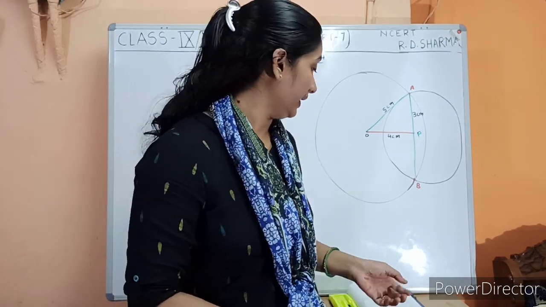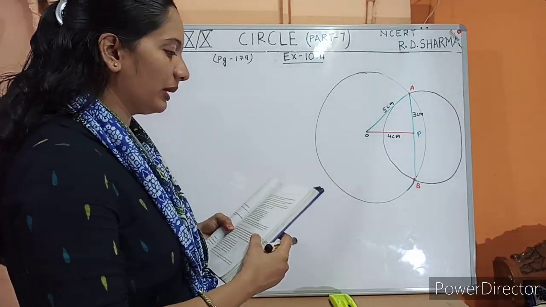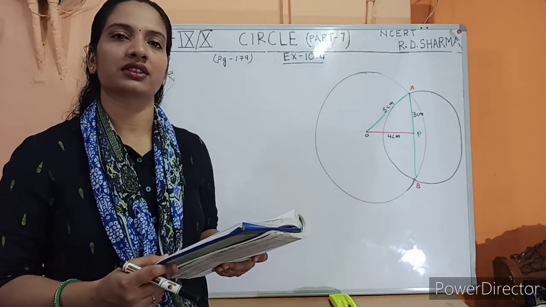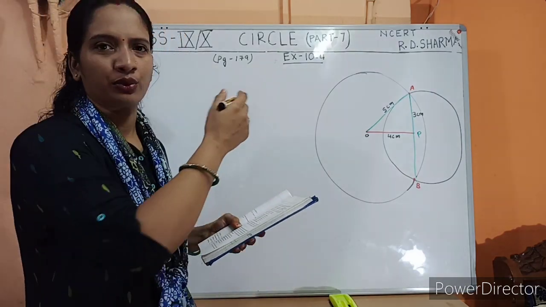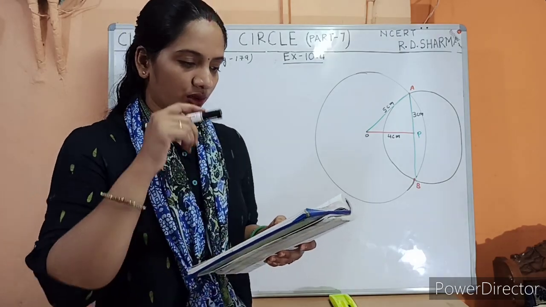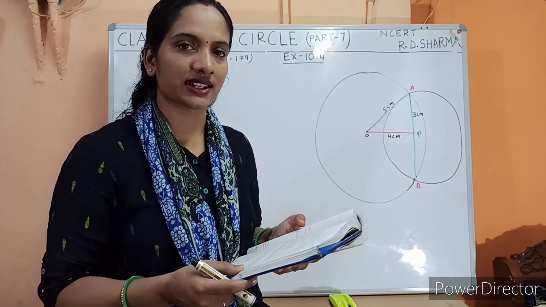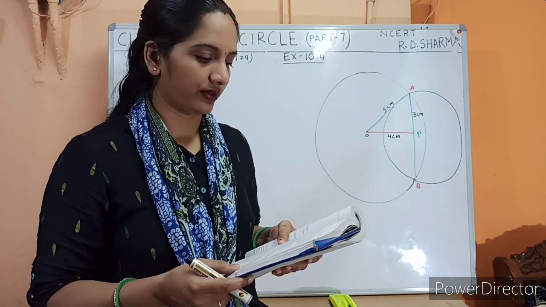Today we are going to see this exercise 10.4. It is given on page number 179. I am reading out the question and I will try to explain it to you through the book itself. I have not written the question because it takes too much space, so let us begin. Here, as you can see, 6 questions are there in the exercise. So one by one we will do each and every sum.